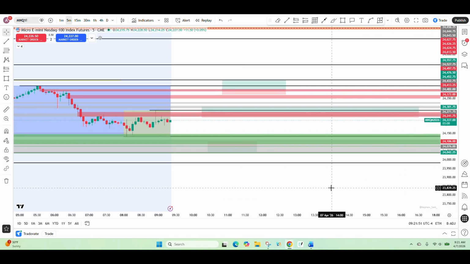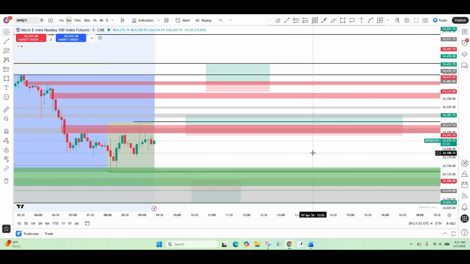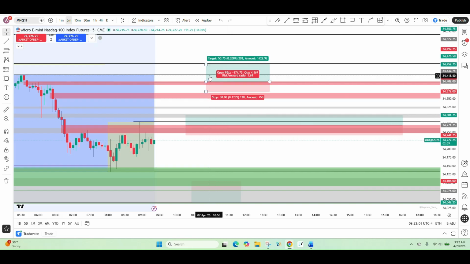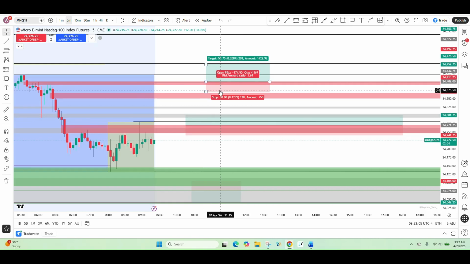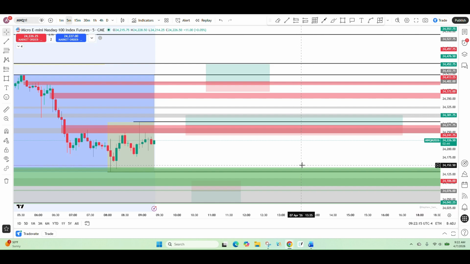So really, I only have one that I feel somewhat confident in. That's the short. The longs look good, but I'm just not sure if it's okay that my take profit goes past the key level like that. I don't remember what I was taught in regards to that. Okay, but right now it's 9:22, so we still have about 8 minutes before the market opens. So I'm going to pause the video and then we will come back around 9:30 or whenever I see a candle get close to one of these three